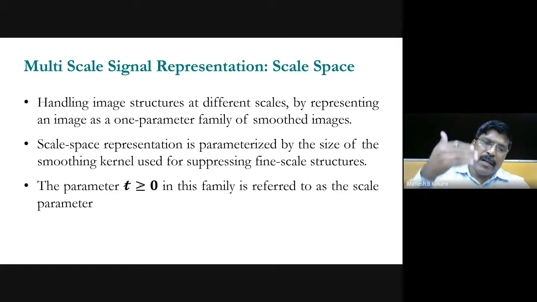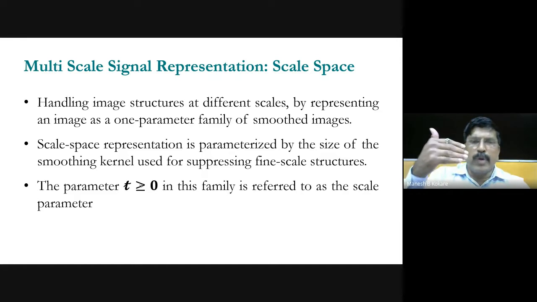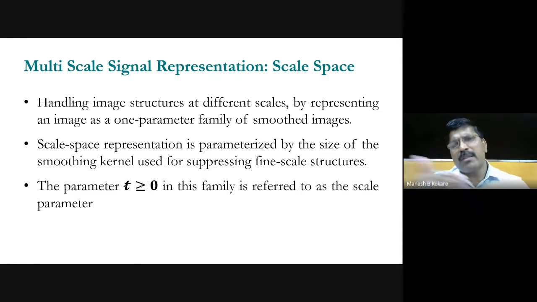So you know that in the LL subband, you get the approximate image because you are doing the low pass filtering, that is nothing but the averaging, and then you get the approximate subband. Then in the LH subband, you get all the horizontal orientation in the image. That is, you are detecting horizontal edges. Then in the HL subband, you get all vertical orientation in the image. And then in the HH subband, you get the diagonal orientation of the image. So this is what you get in the first scale.